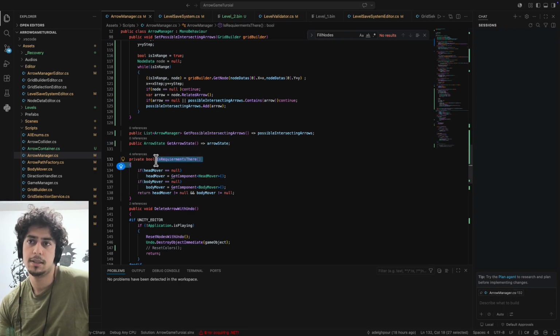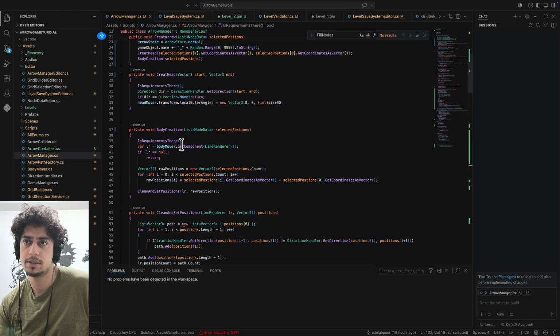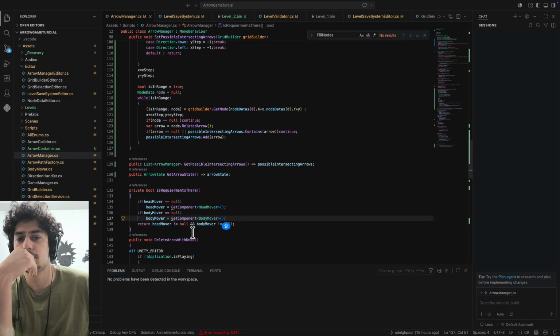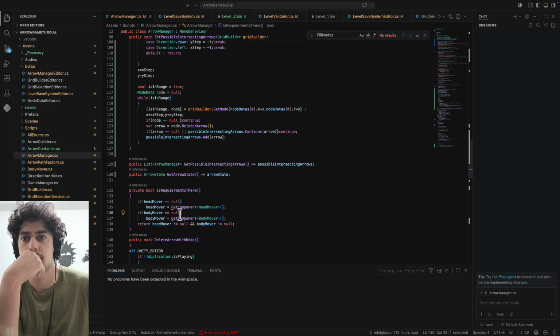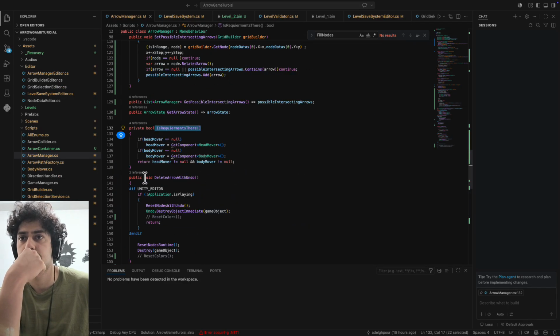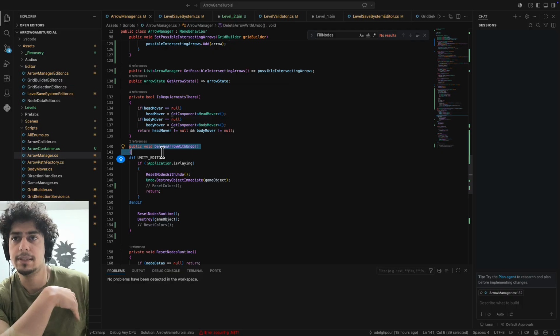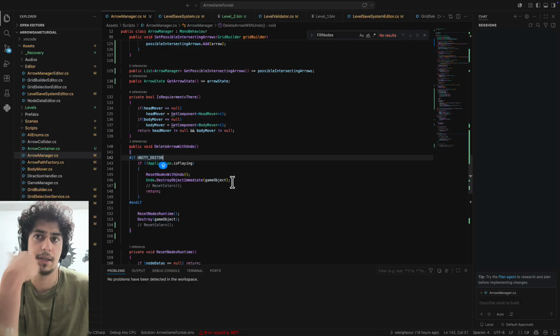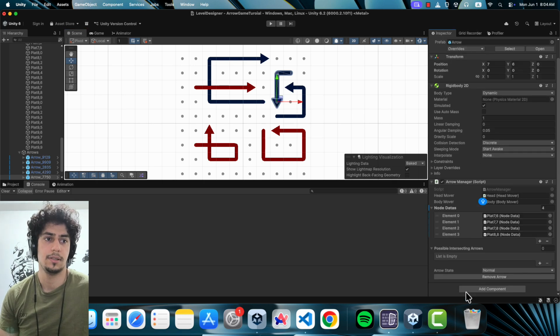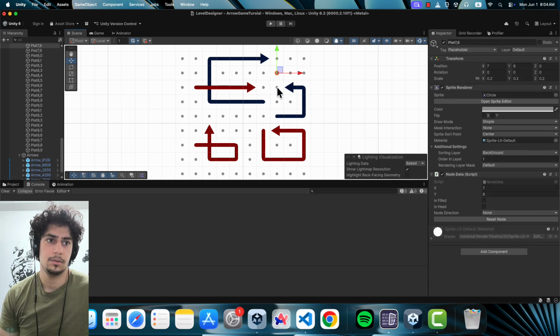Is requirement is there because in most of my functions, the head mover and body mover should not be null. Then I have this is requirements function, so I can call it right here. And for this one, I have delete arrow with undo. I want, when I delete my arrow, for example, delete this one, these nodes become reset again. Then if I undo it,